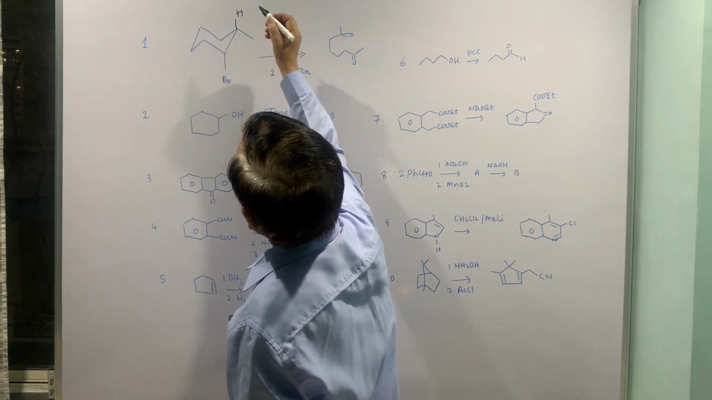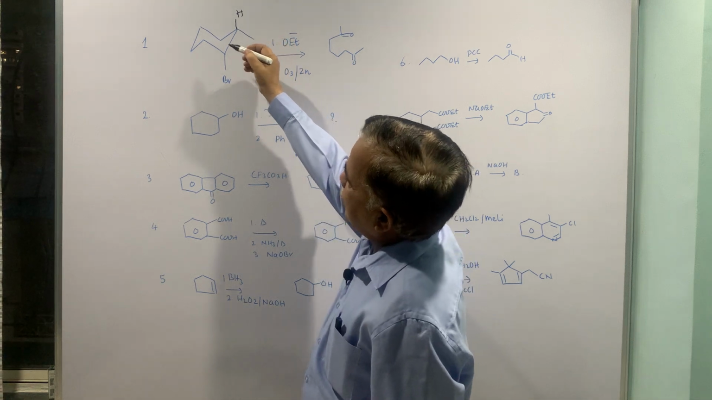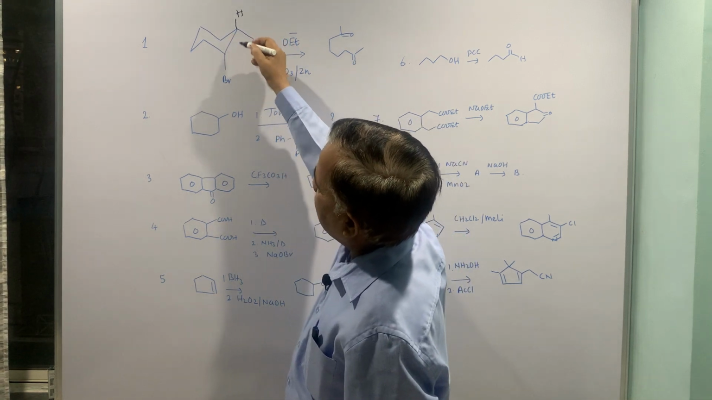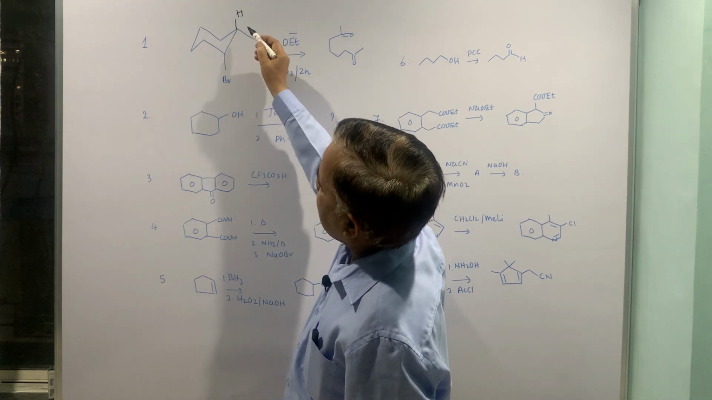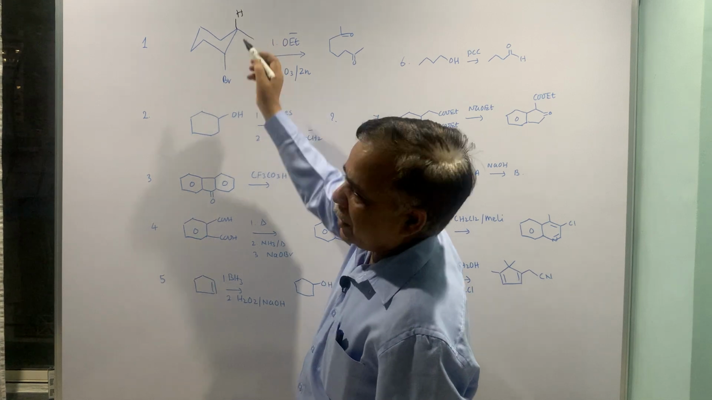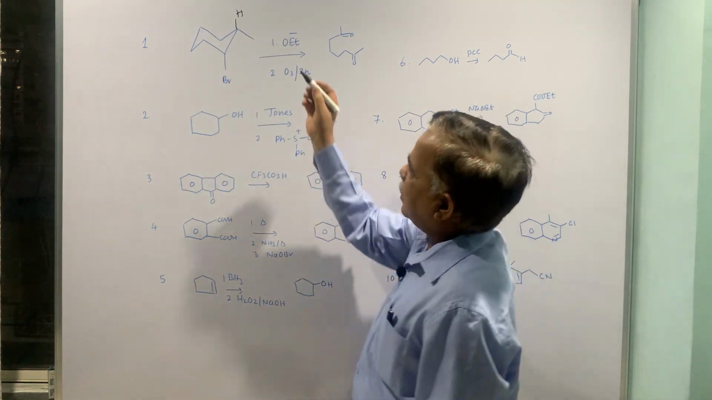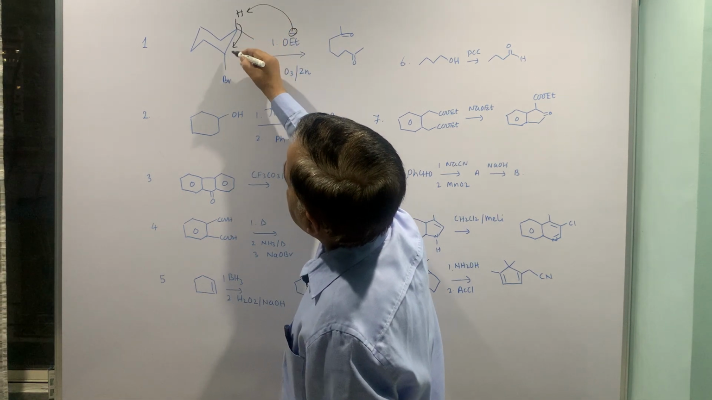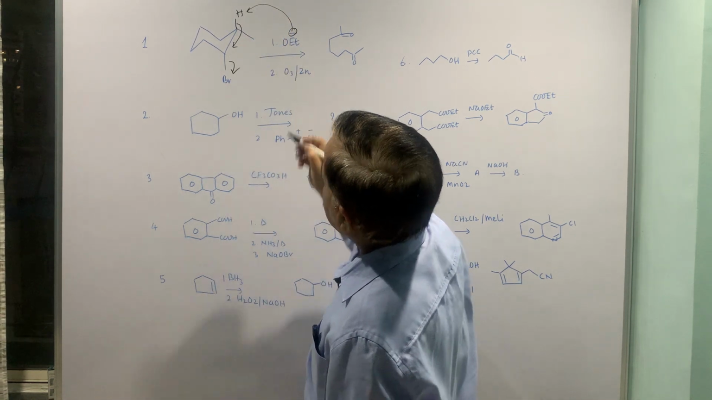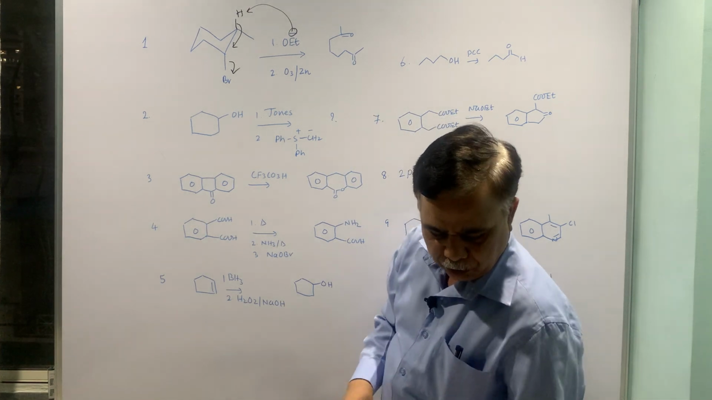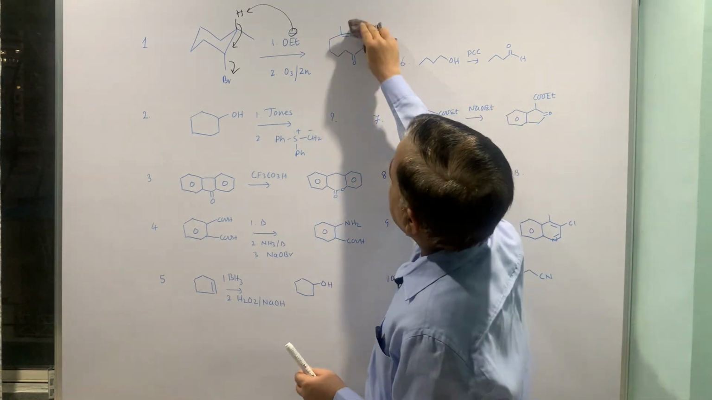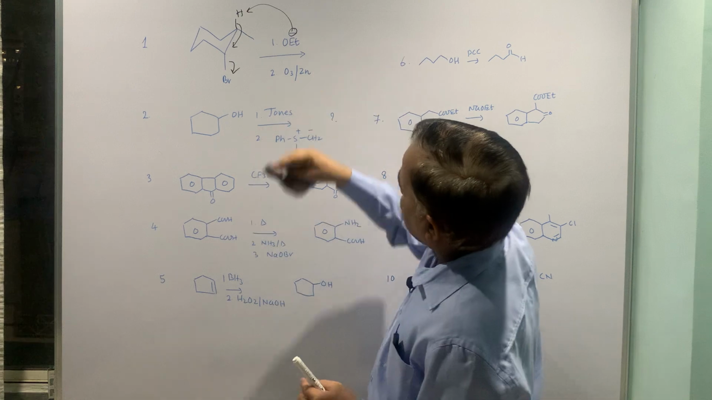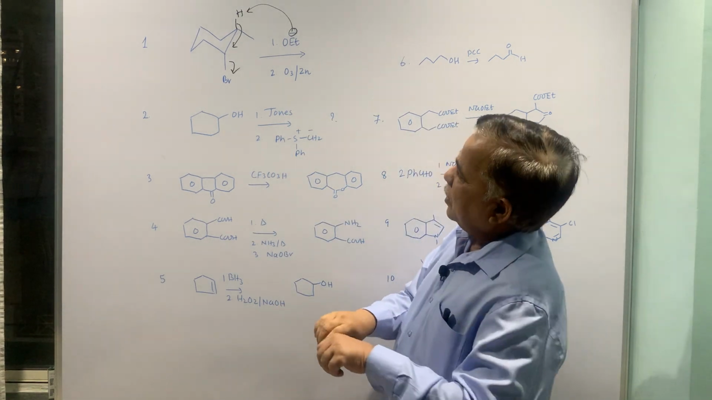There are two hydrogens which are anti to Br, this one as well as this one. This goes off because you are getting the more substituted alkene. So this is 1,2 elimination. They are anti-periplanar to each other. So first of all, the Br goes off. We'll come to this structure later, and